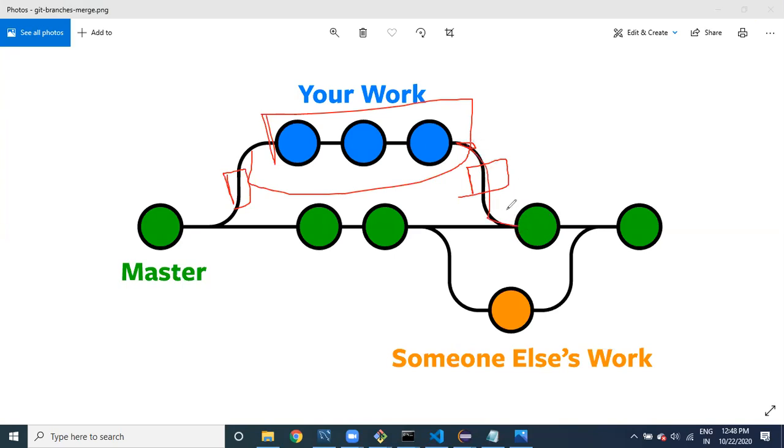Of course, your TL is going to take care of merging your branch to master. Why? Because this is very crucial. He has the permissions only. You don't have such permission to push your code directly into master. Here everything is possible, whatever you are doing right now while practicing, but in real time we have restrictions. You can create the branch and do whatever you want in your branch, and if everything is fine, then only it will be merged.